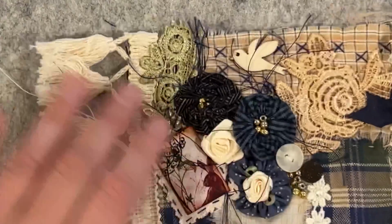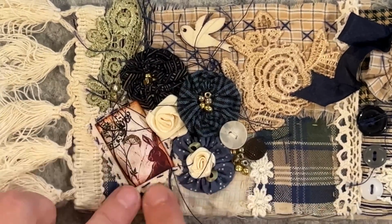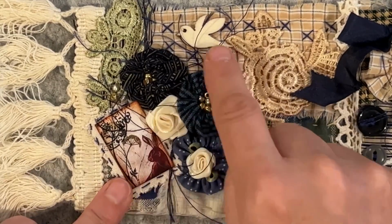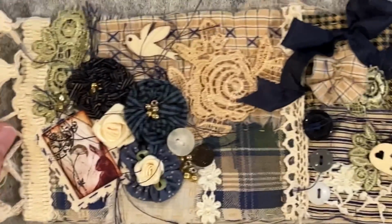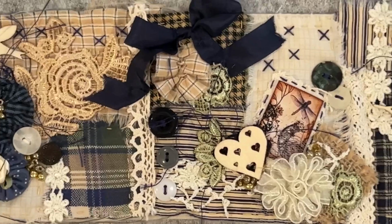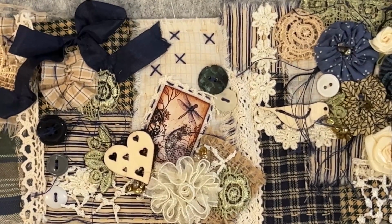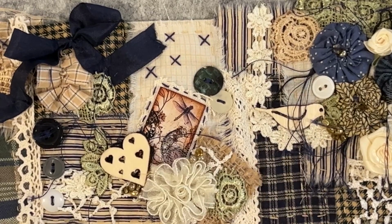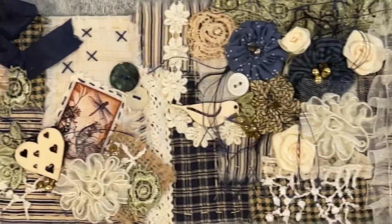So I started off by putting a fringe on the end. This is a paper image, a stamp with some calico behind it, a little timber bird, some Suffolk puffs, yo-yos, buttons, and that pretty much follows the theme of the bits and bobs that I use. I always tend to go for these particular items, and because I used a bird, another bird appeared, sort of creating the story of these little birds in amongst